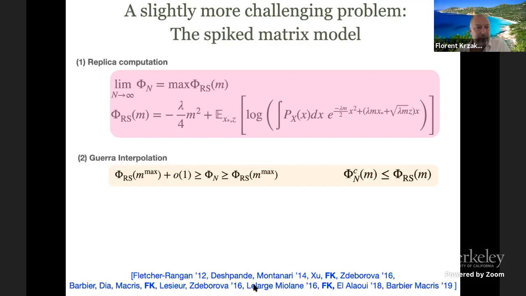Then with Ahmed, we decided that we wanted to be even shorter, and we used here the proof, which is exactly using what I told you a few slides ago. So it is really using this constant free energy. And then very recently, there is again another proof that was shown by Jean Barbier and Nicolas Macris using this very clever Guerra interpolation. Anyway, if you repeat what is in this paper here, you will get this, which allows you to prove this statement. And I didn't write it, but it also allows you to prove that m max is the Bayes optimal overlap.